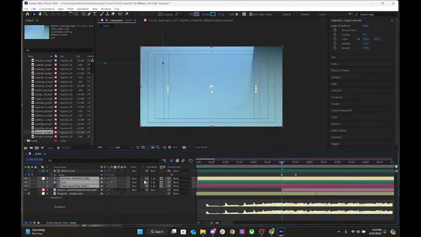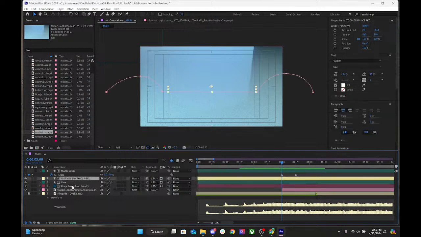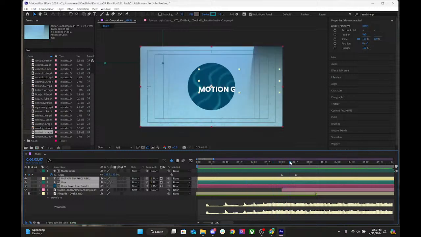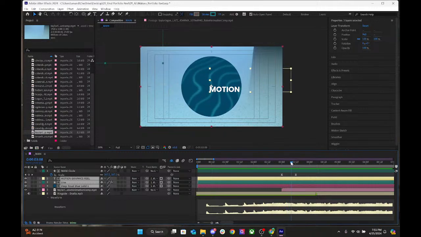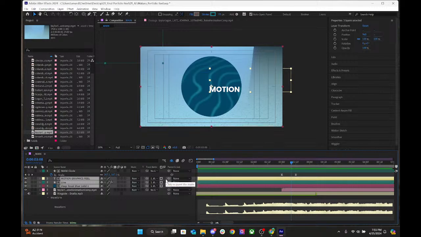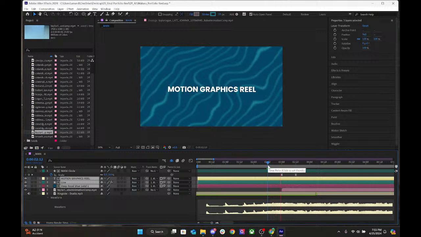And so I'm going to select the mask circle layer on these specific layers, the text, the line, and the background, in order to have that disappear. Well, it's going to do the opposite. So what we need to do is come into here and select invert matte. Cool. And so what that's going to do,